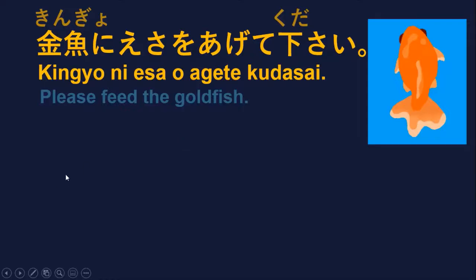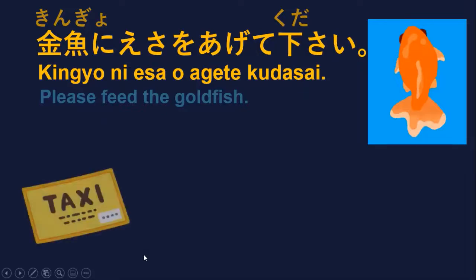Feed for the fish. So instead of あげる we say あげてください。